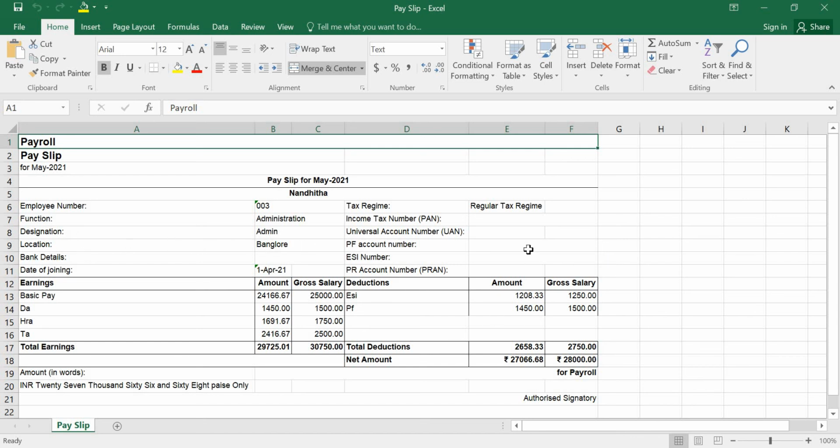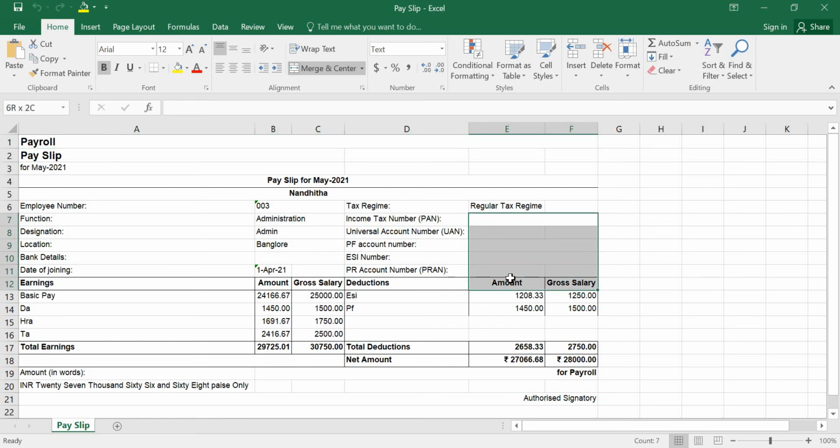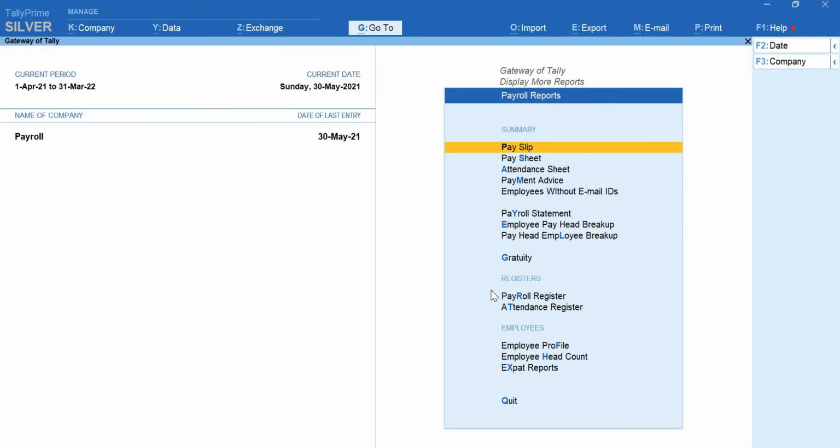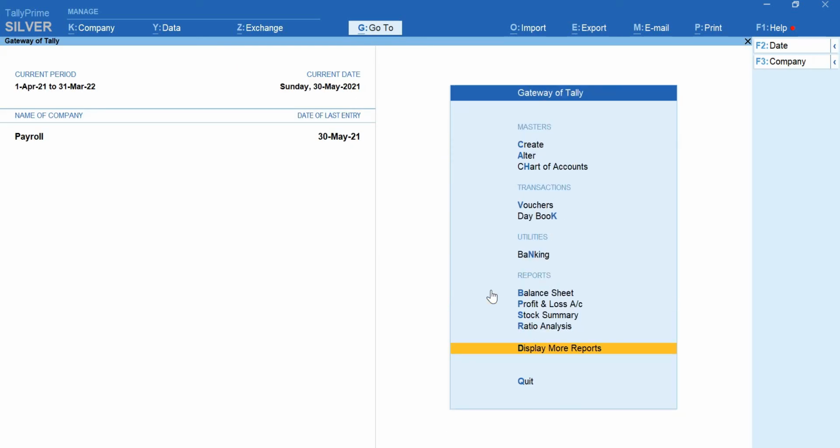If you fill in all these details, or the PAN number or ESI, PF account number, it will display it. It looks good at that point of time. Yeah, this is how you view it. So that's it for the salary slip and payroll topic. This is how you work on payroll. In addition to this, if you have a larger number of employees in the organization, you can add the list of employees. If you have more groups, you can add the groups also, and you can create their salary slip.